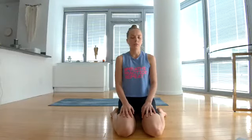is Sitali breathing, which is cooling breathing. So if you can, roll the outer edges of your tongue together, stick your tongue out of your mouth, and then roll the outer edges up. If you can't do that, then basically just bring your upper and lower teeth together and make a hissing sound and breathe in and out through your teeth in your mouth, right? But if you can roll your tongue,